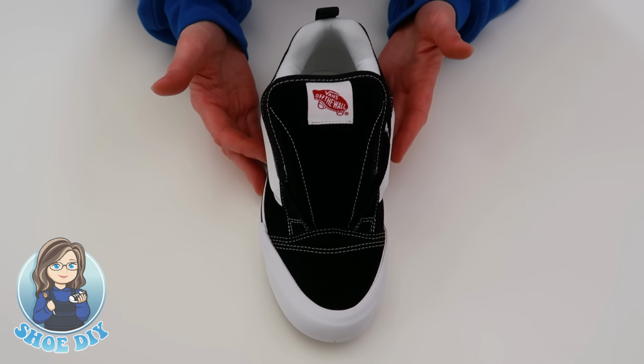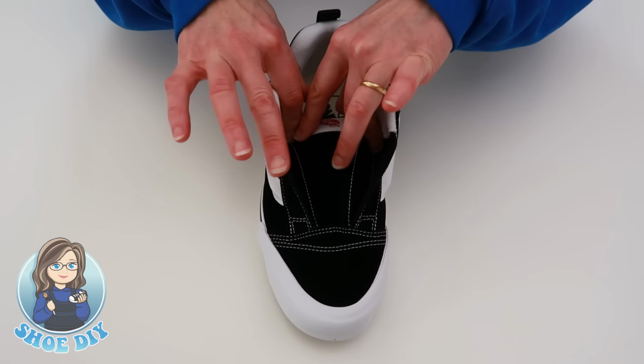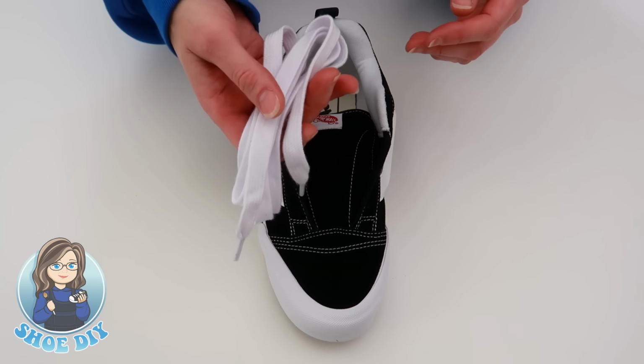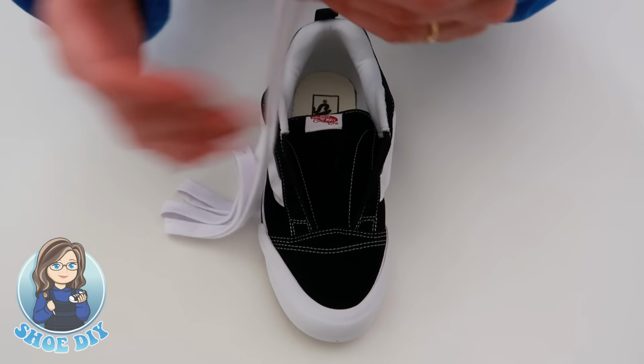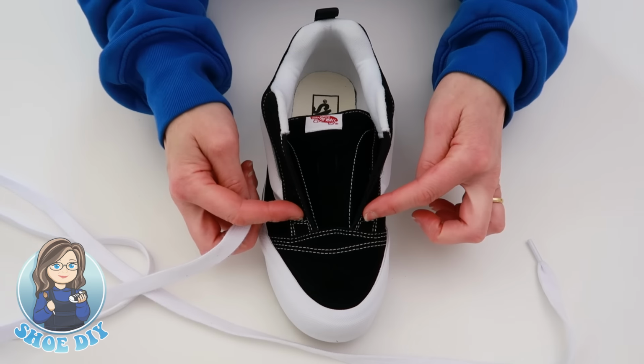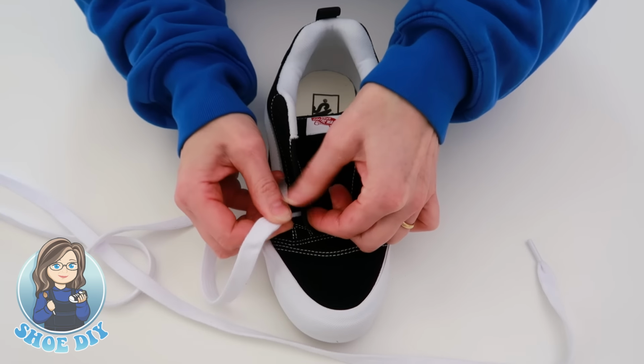So here we have the right shoe. First of all, I'm going to take the tongue and push it down into the shoe, which means I can get to the holes on either side. I'm going to take the laces that I've already flattened out, and I'm going to start threading them through the first 2 holes. So pushing your lace down into the hole,